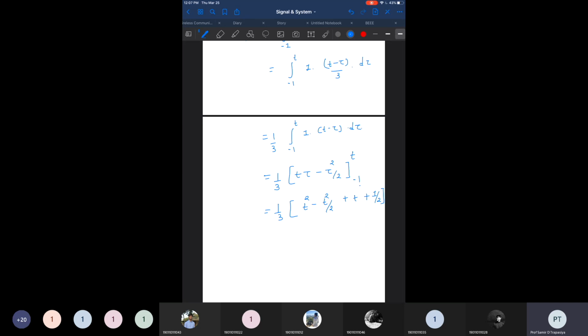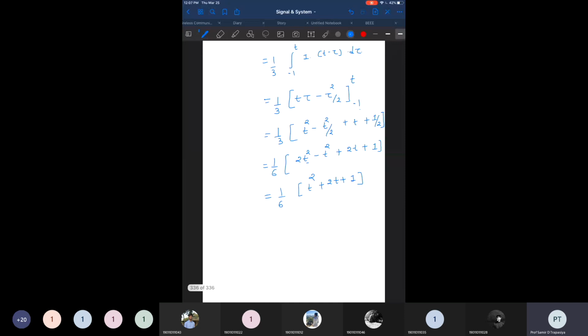Okay, so again 1 half is taken as a common factor, so it becomes 1/6 times (2t square minus t square plus 2t plus 1), right? So 2t square minus t square is t square, so that becomes 1 by 6 (t square plus 2t plus 1). And this t square plus 2t plus 1 is a very famous expression, that is 1 by 6 (t plus 1) all square, and that is the y of t within the range of